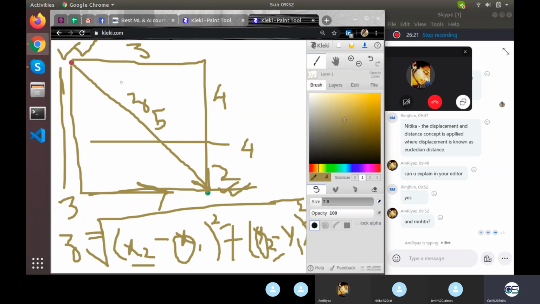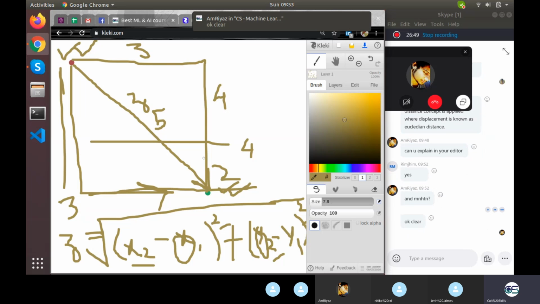We need to follow certain protocols, and Manhattan distance is used for those protocols, whether it be Google Maps, Apple Maps, Uber, or Ola, because they travel on roads and need to work on Manhattan distance only. So the distance they calculate is Manhattan distance. They are not concerned with the diagonal path. Okay, is it clear?